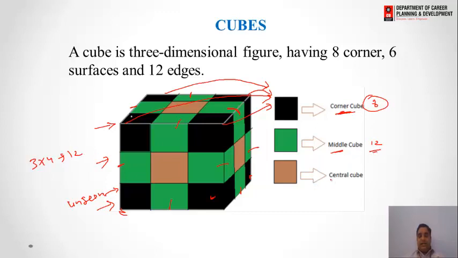Now we need to consider the central cube. On each surface there is 1 central cube. As we have 6 surfaces, there are 1 into 6, 6 central cubes. Now if we count in total, there are 8 corner cubes, 12 middle cubes and 6 central cubes. In totality we have 26 cubes, which means